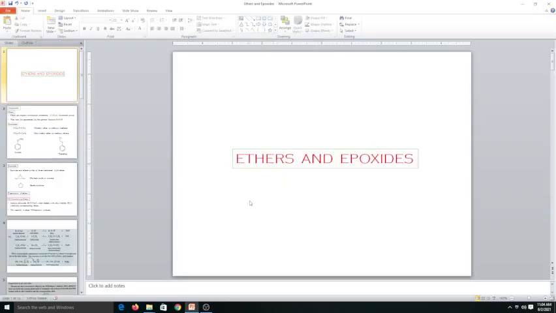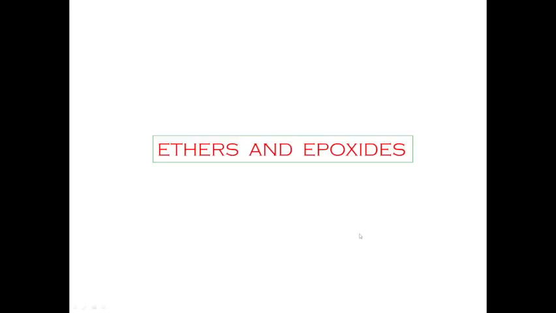Hi everyone. So we have to start the fifth semester organic chemistry class. We have 6 or 7 modules mentioned in the syllabus, and I am going to start with the ethers and epoxides modules. As you have heard about ethers, the functional group of ether is C-O-C. An oxygen that comes in between two alkyl groups is normally known as an ether functional group.